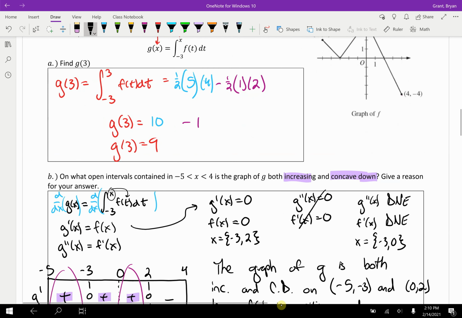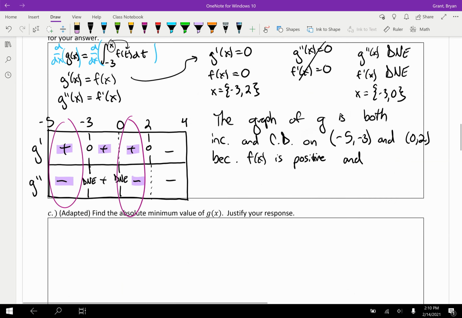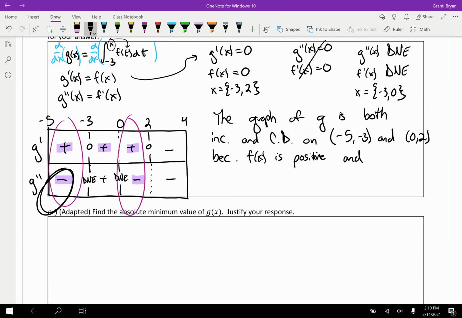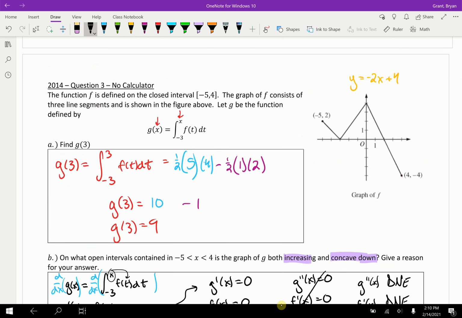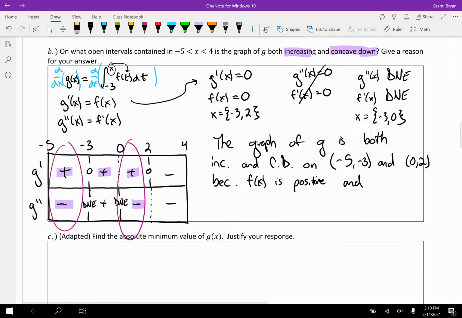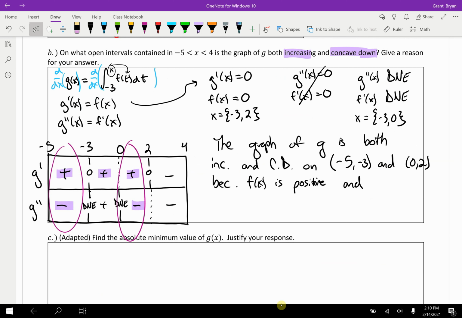Now, if you create a new equation, cool. We created new equations here, but we still don't want to talk about f prime because we don't have the graph of f prime. So instead of saying that f prime is negative, how do we phrase that for f of x? Well, how did we know f prime is negative here? Oh, it's because f of x was decreasing. And so the second part I'm going to say because f of x is positive and f of x is decreasing